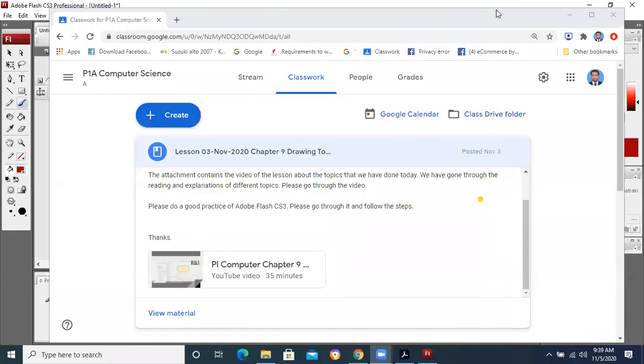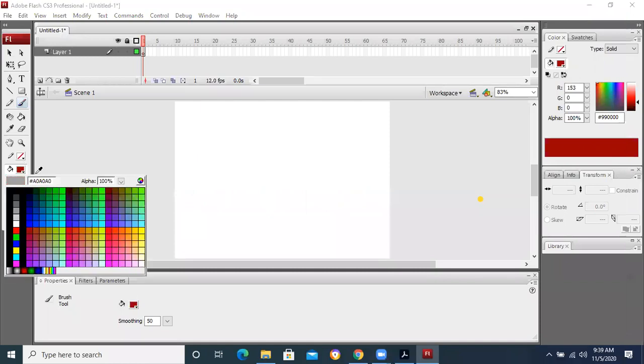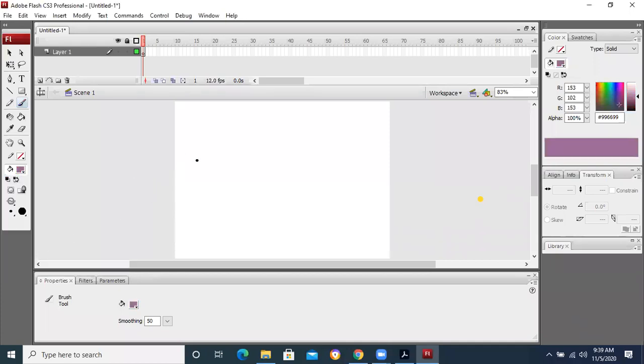So now we should move on. If you need to draw something, you will select the color in which you want to draw it. Any color that is there, you can take. Now it depends on how good you are at drawing. Normally, those students who are good at drawing can use this option quite easily, and they can draw different types of objects.